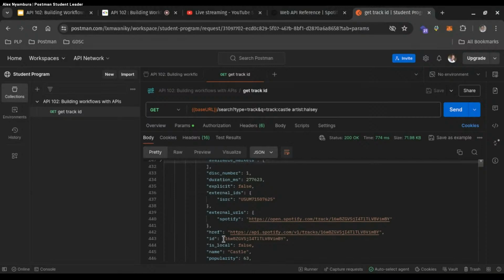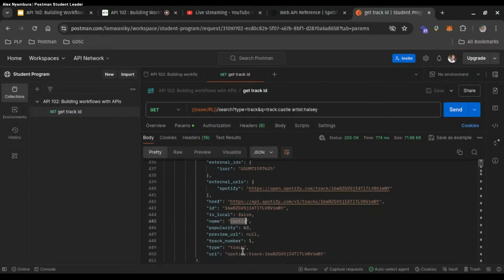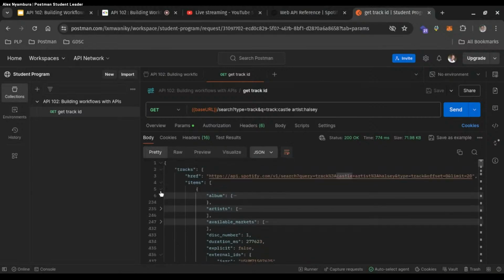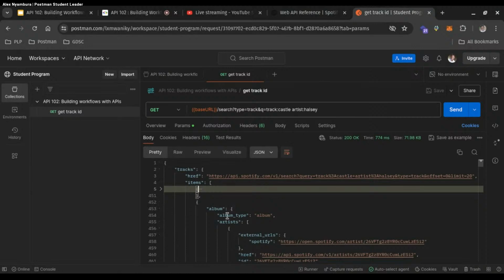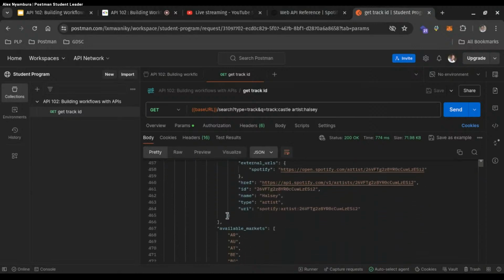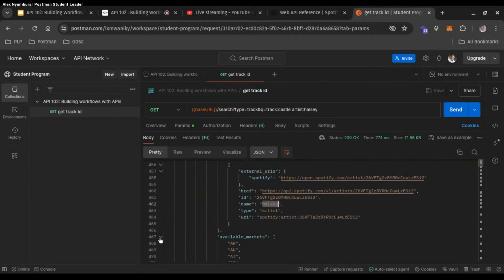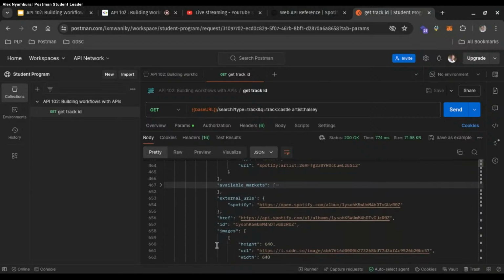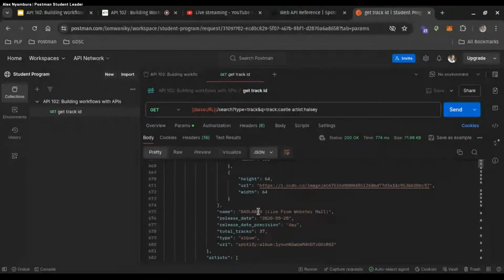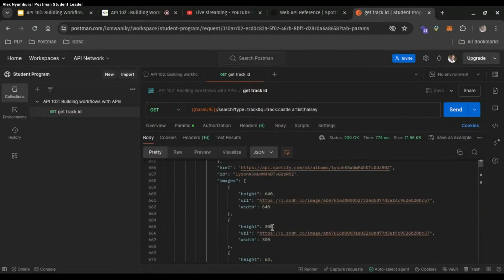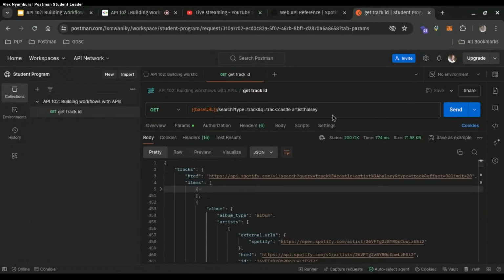Yeah, the ID of this track and the name of the track is Castle, just as we had made the request. Because it's a list, if I shrink this, I'll get more details, maybe of similar songs or maybe remixes. You can see we still have Halsey. Let me shrink this thing because it's too big. We still have Halsey. And this one is now Badlands. So you see that we have already gotten a track, but we haven't got a track ID